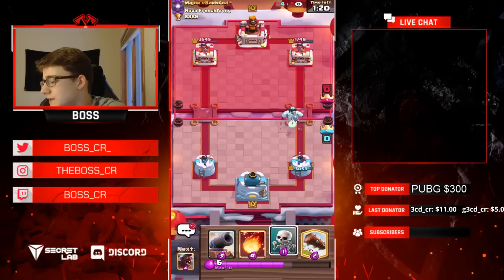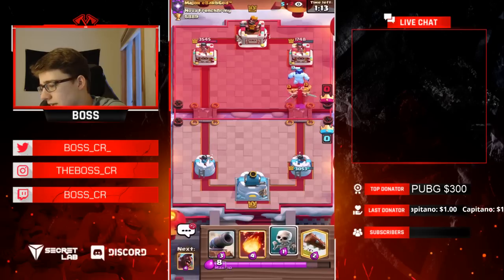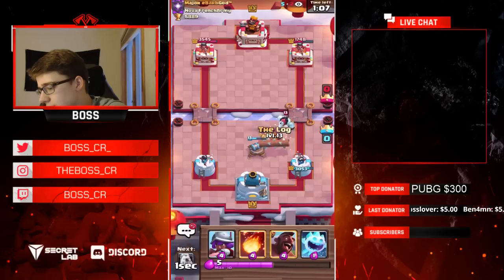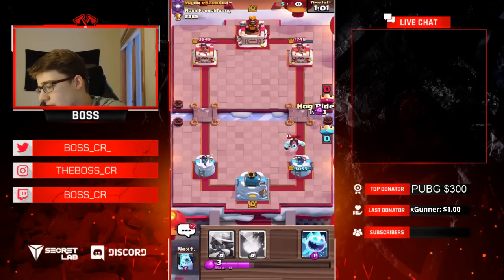We're going to Ice Golem this. I know he has to play Ebarbs on this. Minions aren't in cycle. Mini P.E.K.K.A's in cycle. There's the Ebarbs. So what are we going to do? We can easily just go in for Skeletons here. We can go in for a Cannon, and then we could even just log them, and then that's going to fully finish them off. But now if he goes in for a Hog, we actually won't have Cannon in cycle,